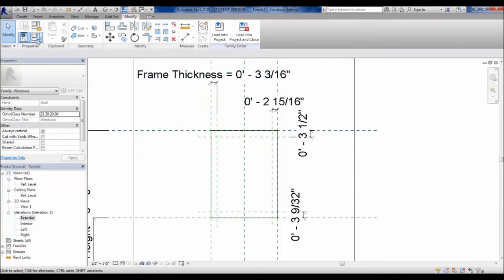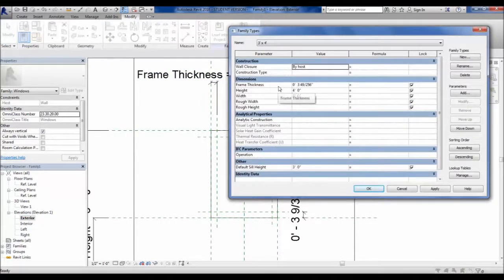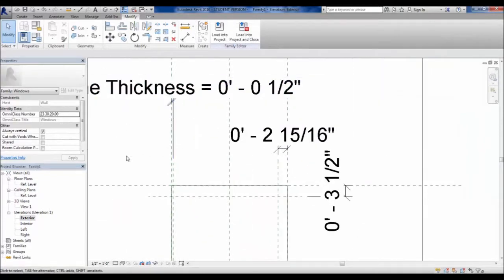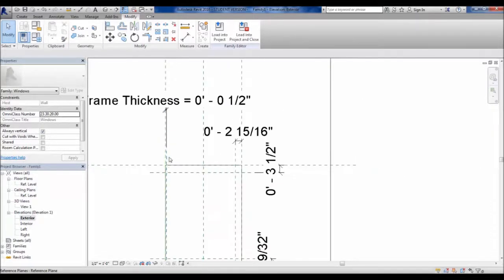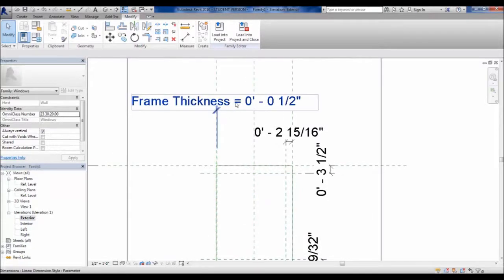Okay, so if we go back now into family types, you can see here frame thickness is that 3-inch value. But let's say I want to change this now to, I don't know, 1/2 inch. Okay, so I've changed that now. Now if I hit apply, you should see that reference plane move, and that dimension line should change as well. So you can see here, half inch, and it moved that dimension line, or that reference plane rather. And so that's the idea, is that you assign these labels to these dimensions,